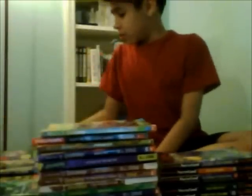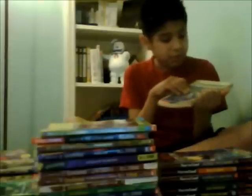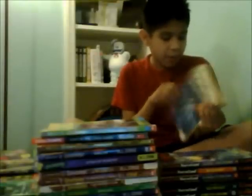Now let's go. I ran out of this here, so let's go to this one. The Curse of Camp Cold Lake. It's ripped because it really is old. Even the cover came off. It is super old. I glued it back, but it didn't hold. So this book is about